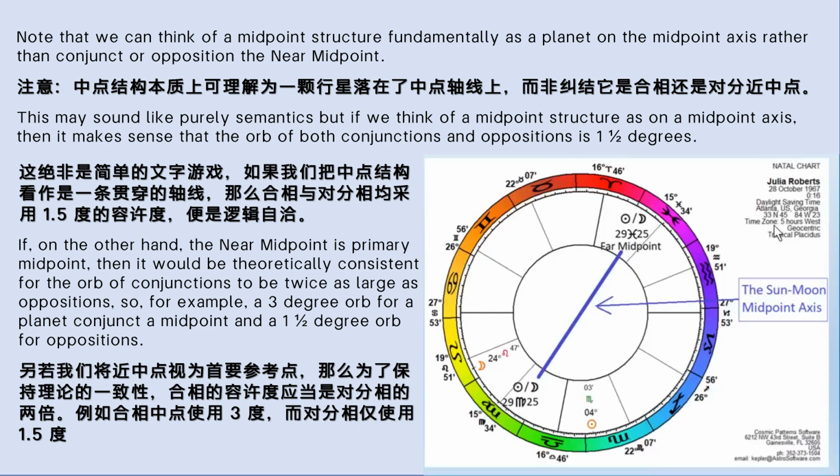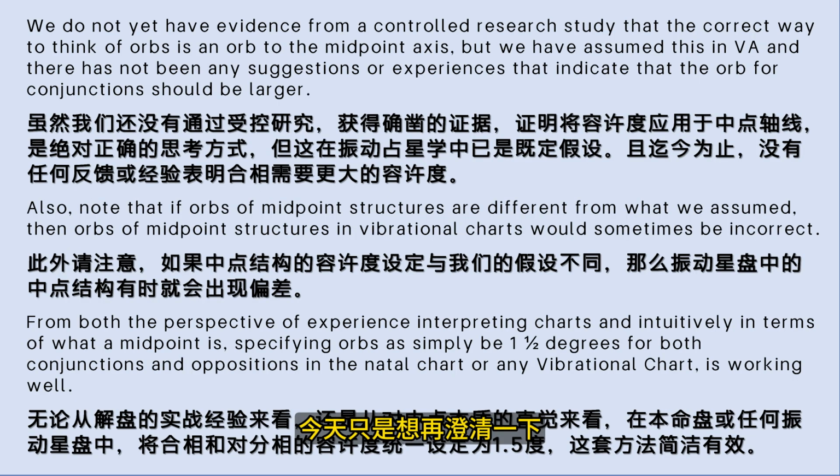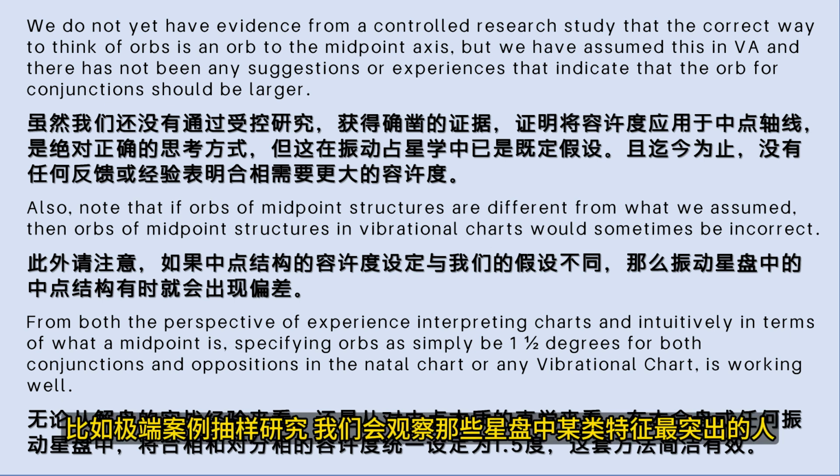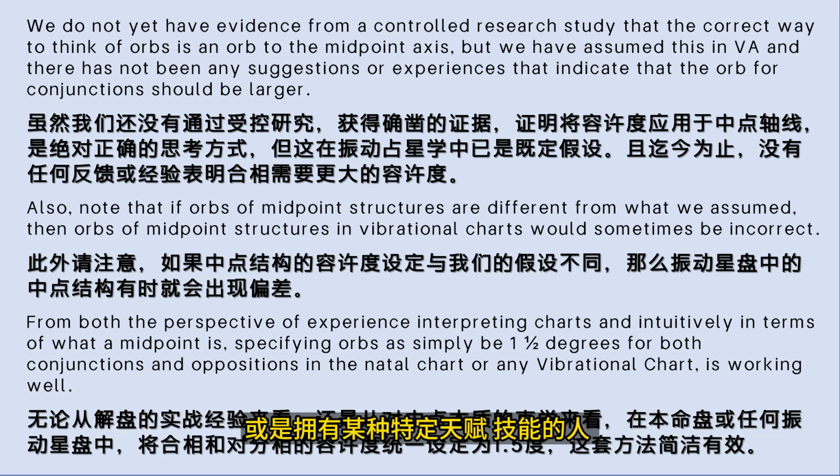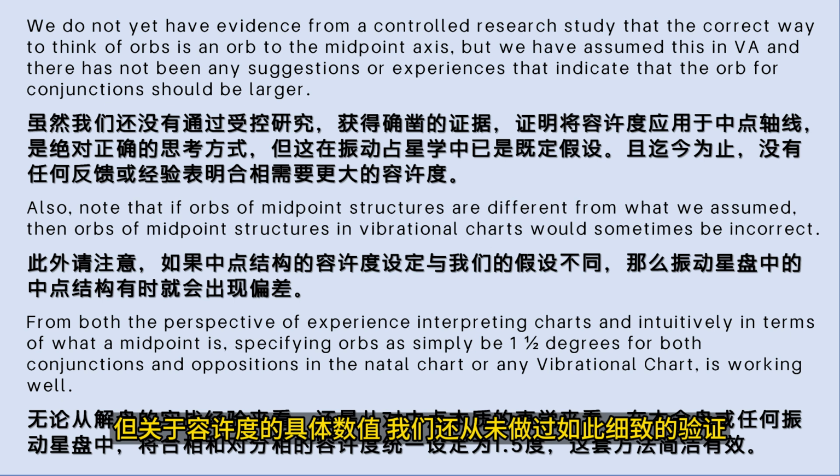Okay, well, I've said it over and over again. I just wanted to clarify that. And this just repeats what I've already said. We do not have evidence from controlled research studies confirming clearly what the orb is. We do the controlled research studies, such as, for example, the extreme case sampling studies, and we see what the people who have the most of something in their charts, who have a certain talent or skill, and we see if we can build a model that's consistent with what the people are doing with their lives and what's in the charts. We haven't tested the orbs that carefully